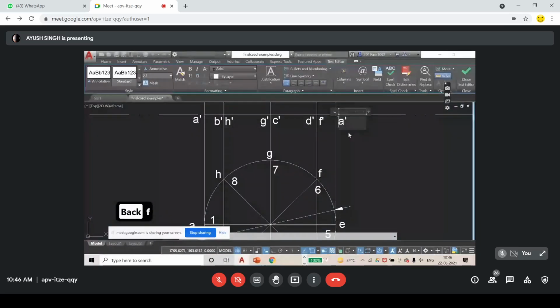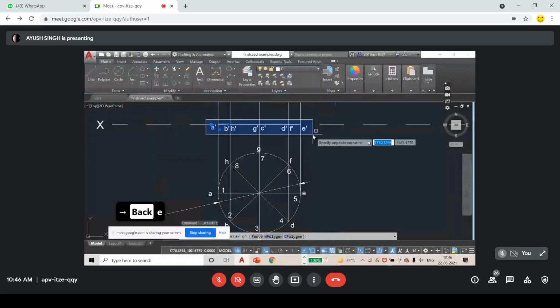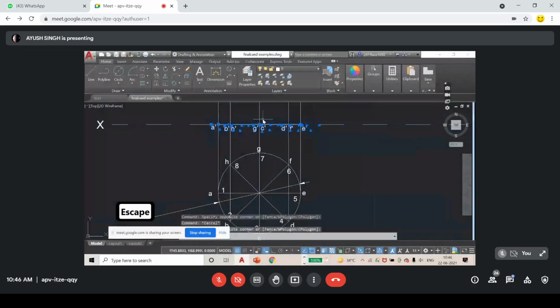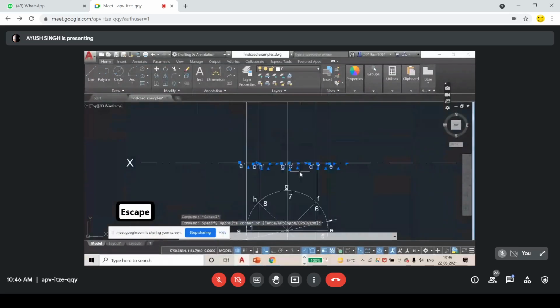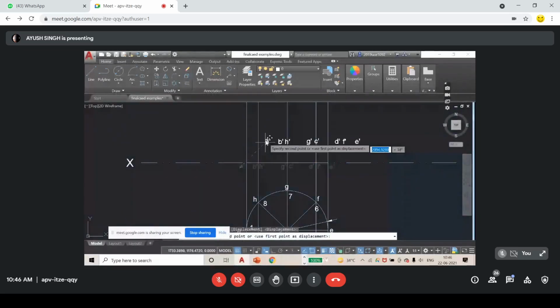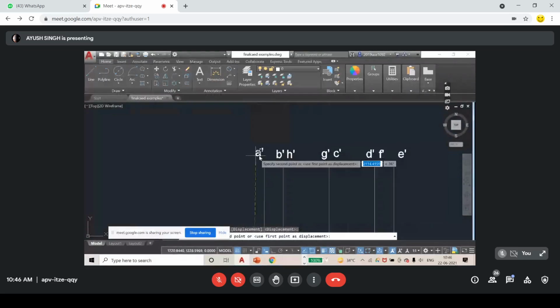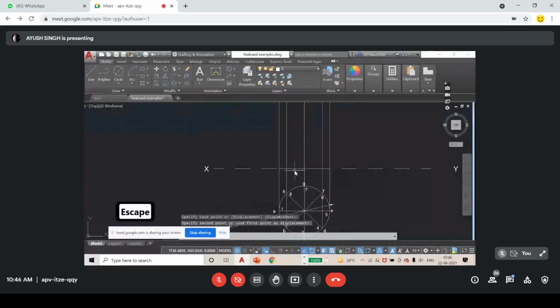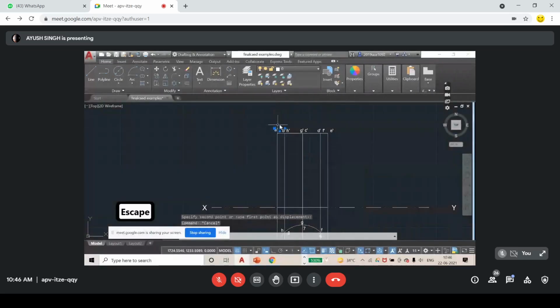So I select these, not whole. I need to select this and I don't want to select this, so I press shift and this. Now I want to move these dimensions here. These are my A dash, B dash, C dash. Now similarly, I want these, so I will follow the same approach here.